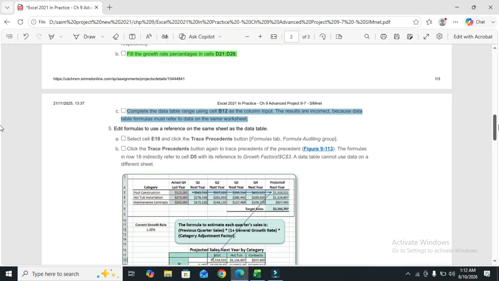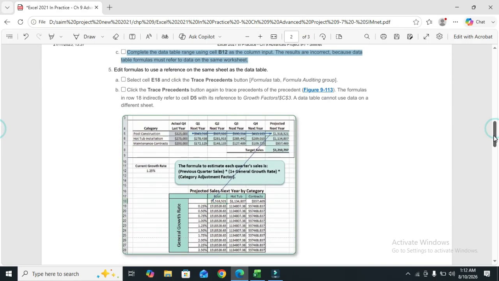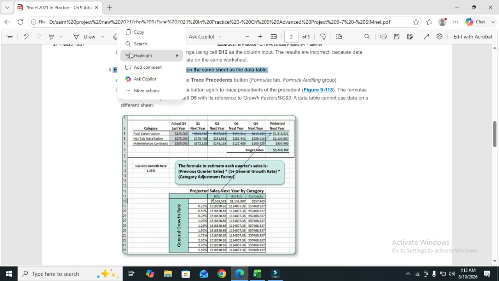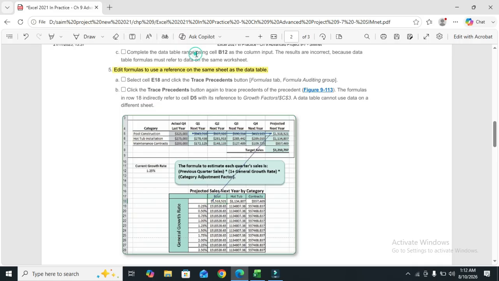So step number 4 has been done, so we move to step number 5. Step number 5 is edit the formulas to use a reference on the same sheet as the data table.